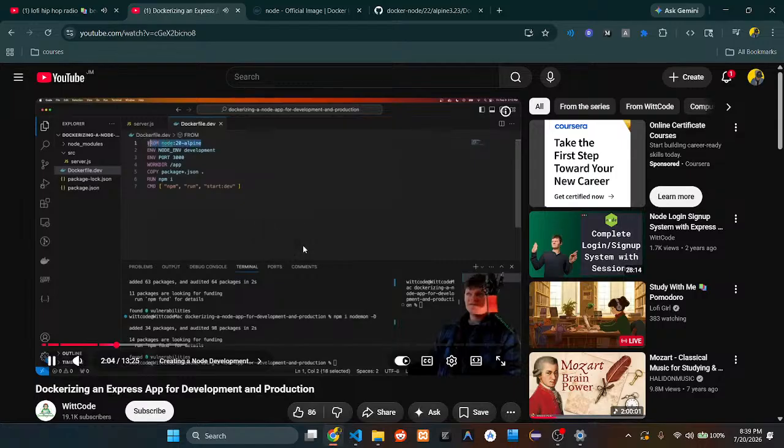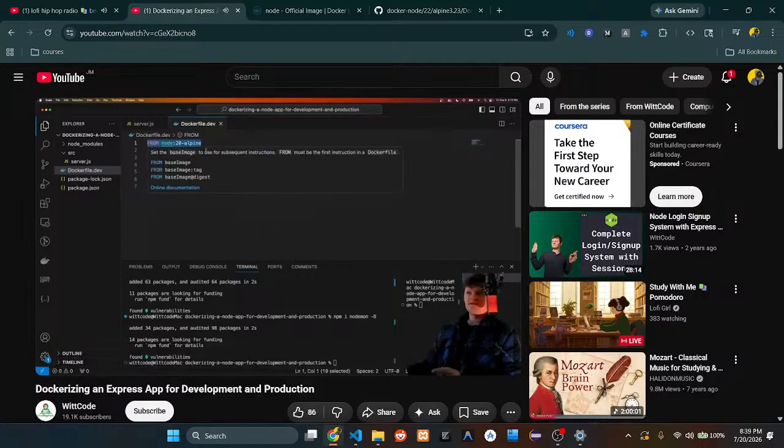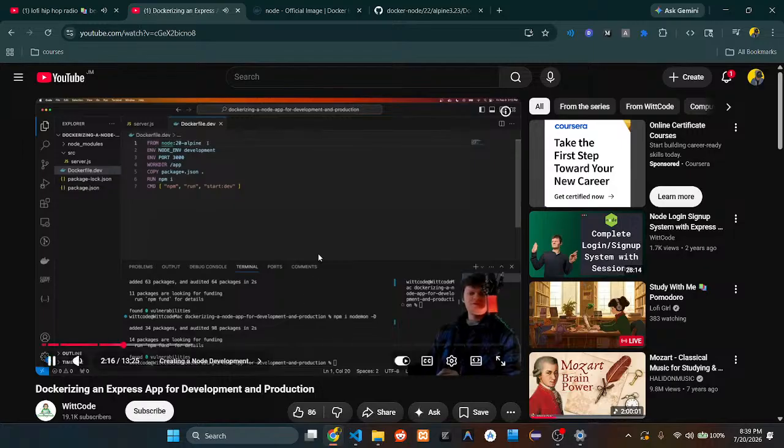So what each of these lines does is, the first one here, it's telling Docker to build a node image using version 20 with the container also using Alpine Linux. And what that is basically just a small build environment that includes